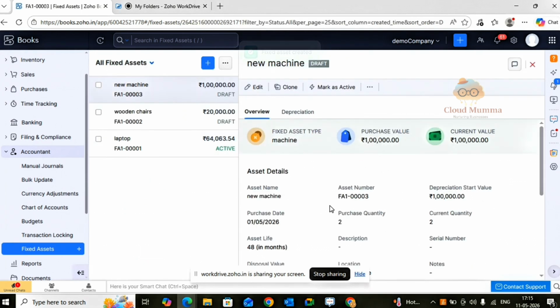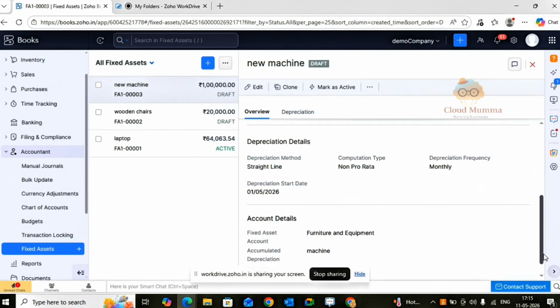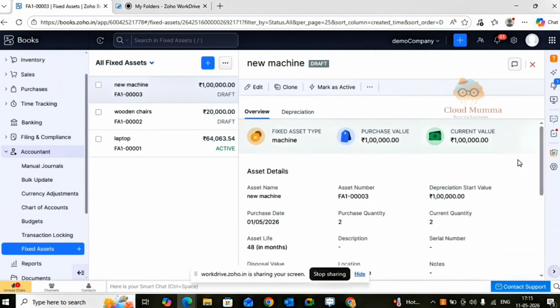Once you save, the entire thing will be in the draft state. It will not be in an active state. You can just check whether it is applicable for you. You can also make some edits after that, and then you can mark it as active. Once you mark it as active, in the chart of accounts all the journal entries will be automatically entered after every month. Here the overview has been given, that purchase quantity is 2, and all the details you have